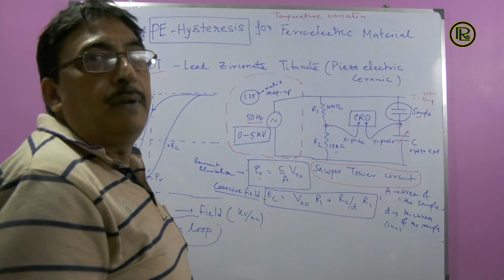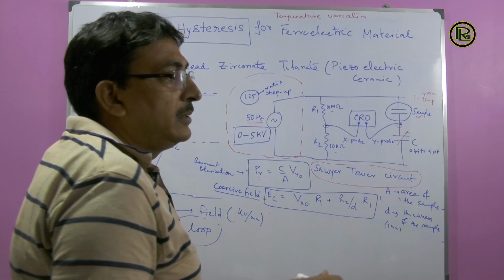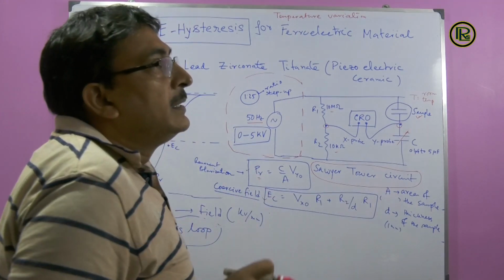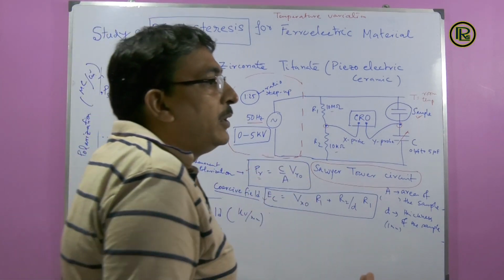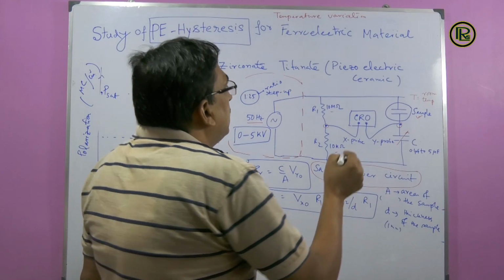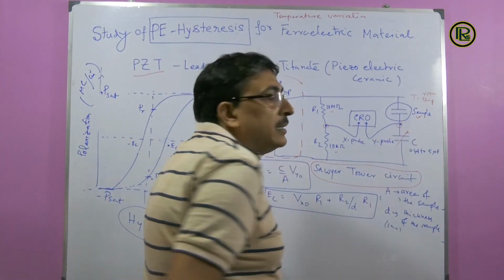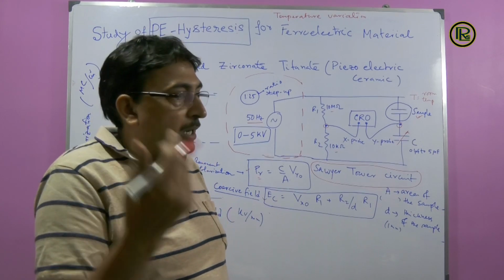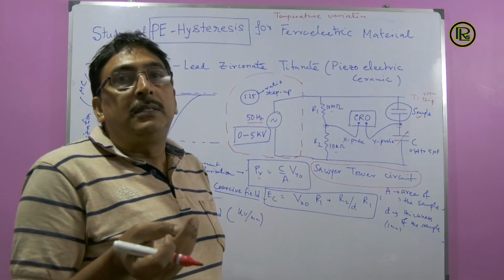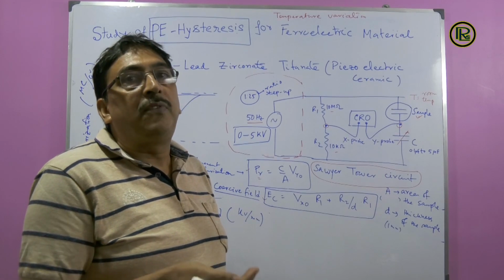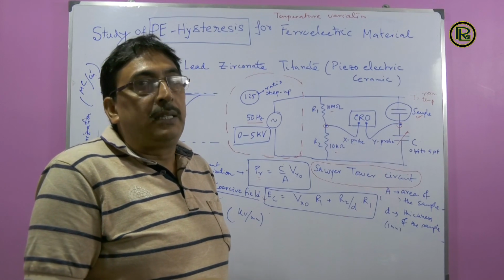We can set the temperature of the sample with a temperature meter we have attached here, and there is a black box kind of arrangement. I'll show you during the experiment. We can start from room temperature onwards and go up to something like 70-80 degrees Celsius in steps of 5 to 10 degrees Celsius.